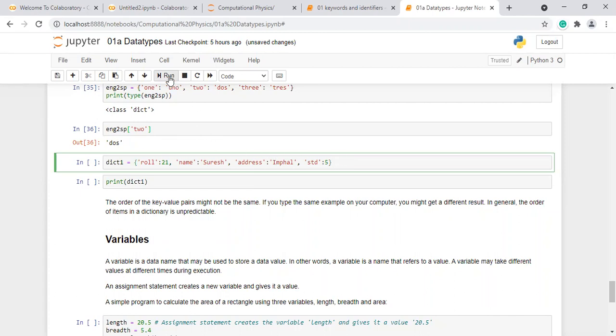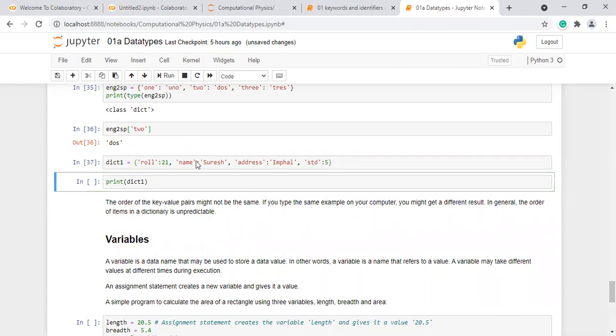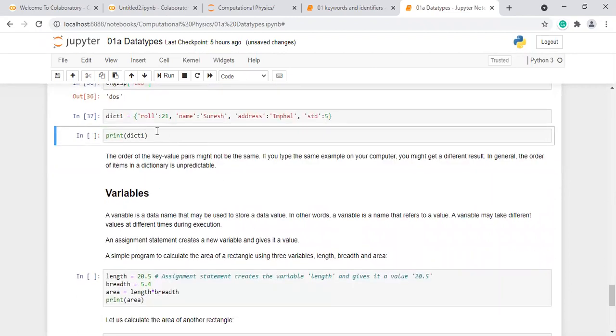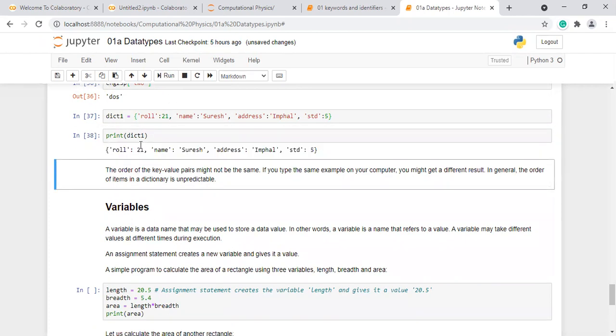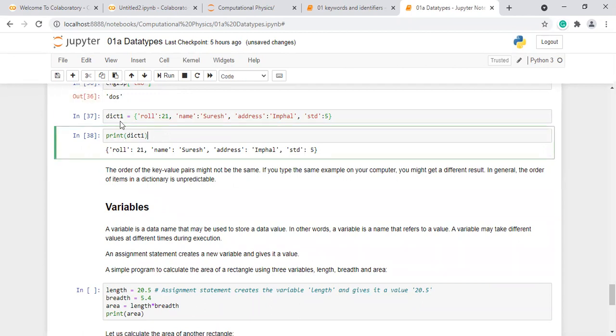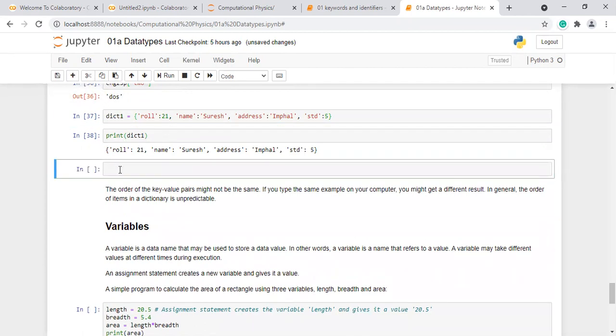So let me run this. Print dict 1. Let me add one blank key here.